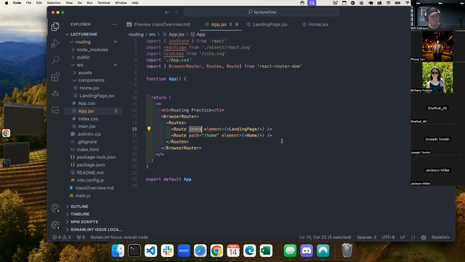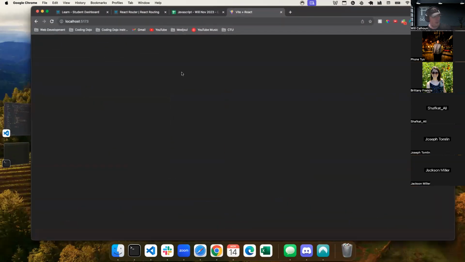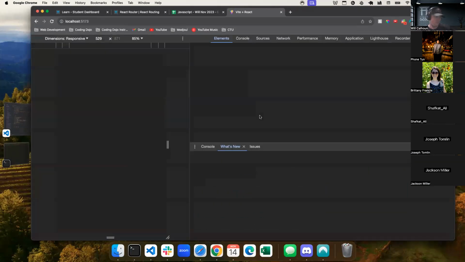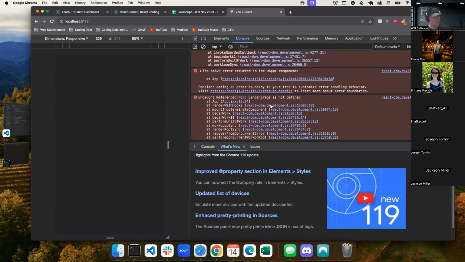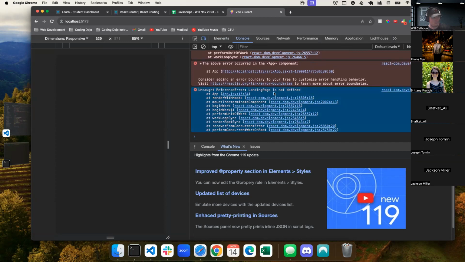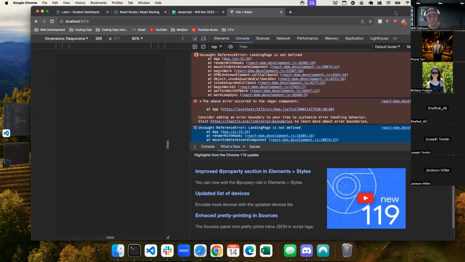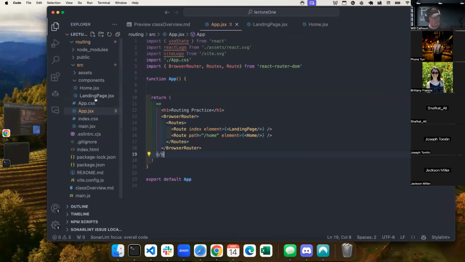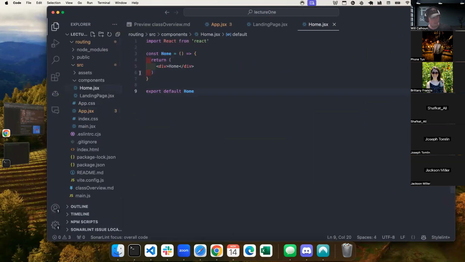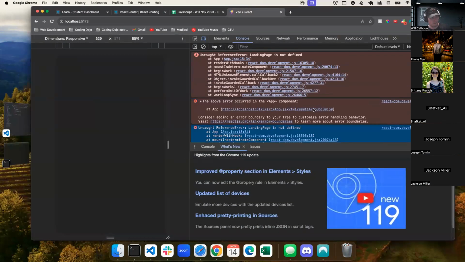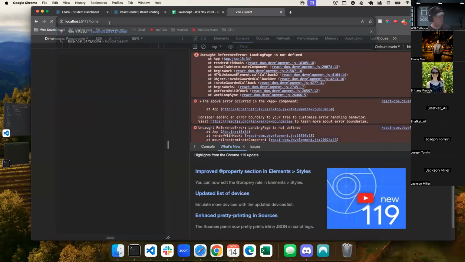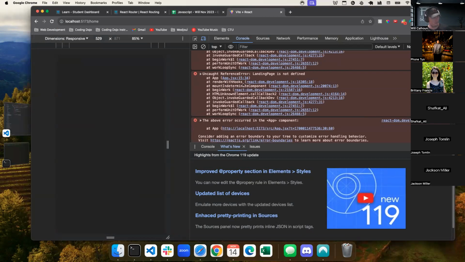Now, can anybody see what my error is? Because right now it should work. This is not working. Do you need to make your landing page and your home components and then import them? The second part I think is you're exactly right. I've made them here, but it's saying landing page is not defined. Yeah. So if I say home, does that have the same issue? Yeah, it says landing page is not defined.